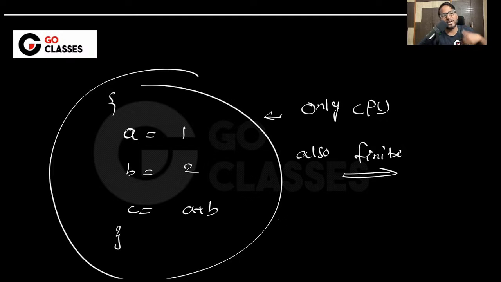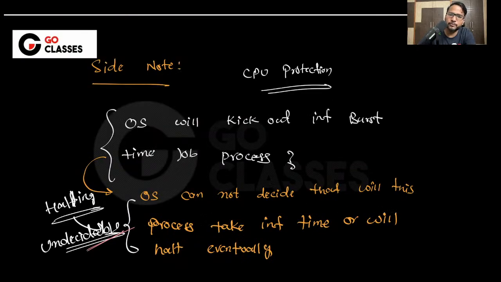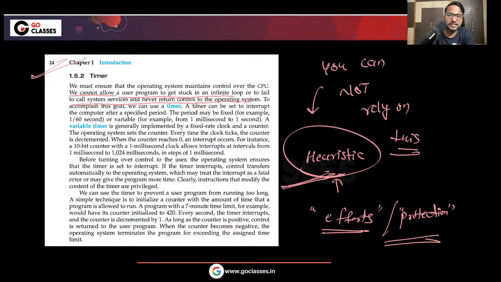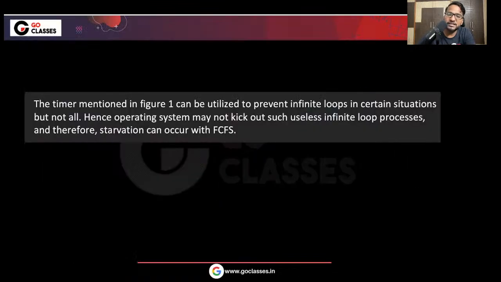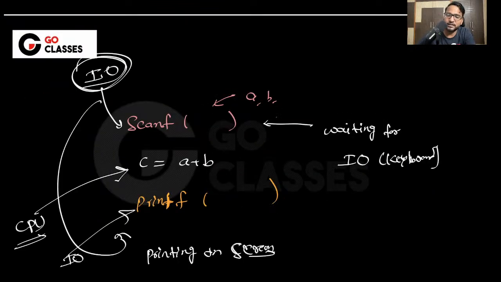It doesn't mean that every process has infinite burst time, as some students are saying. No, every process does not. It depends on whether you have a while infinite loop or not. If you do not have an infinite loop, it doesn't have infinite time, right? Okay. So I hope you understood every point. So this is the side note I talked about, where people are having some confusion about CPU protection and all. And some people are now saying that every process has infinite time. So that's also very, very wrong.